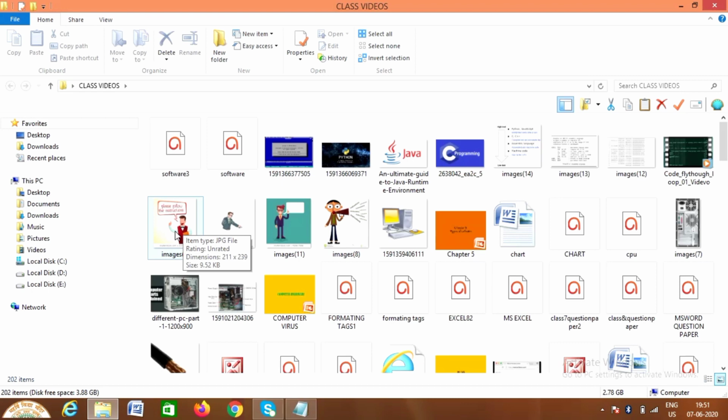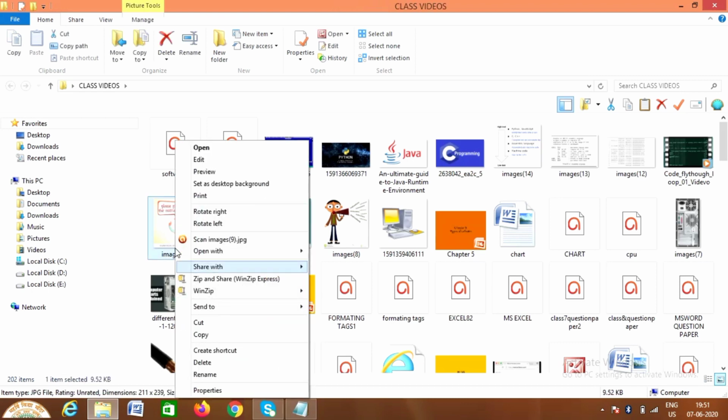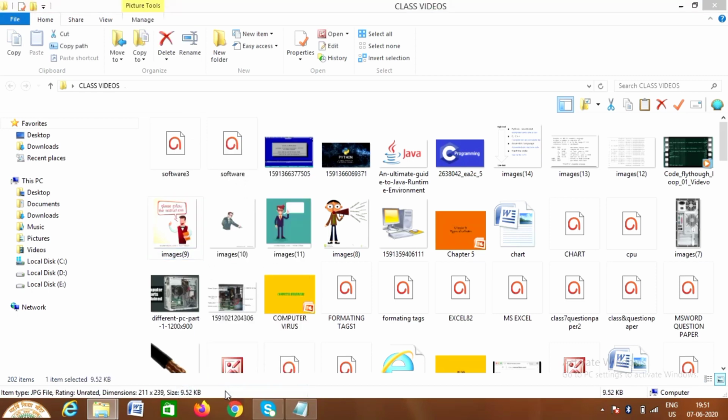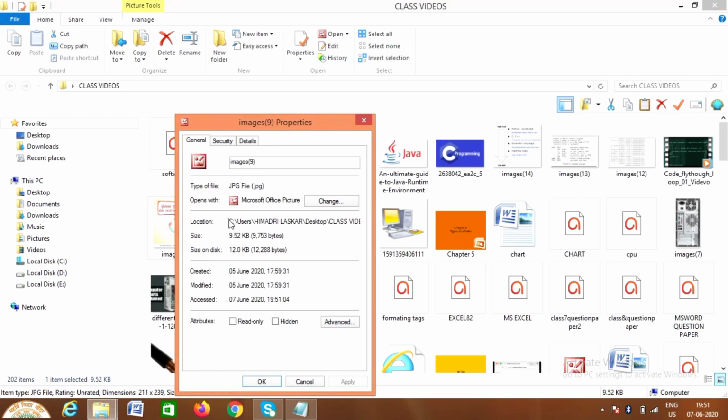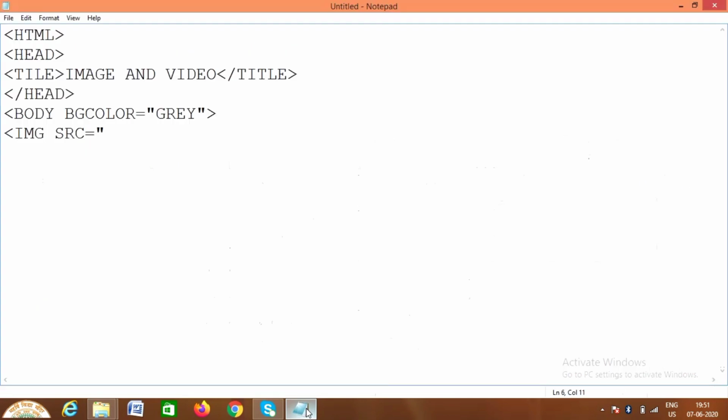Then right click there and go to properties. In the properties you have to select the location. Students, this is similar to the background image practical. Similarly, copy the location, go back to your notepad and paste it.